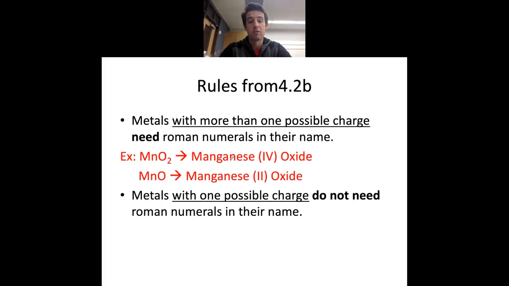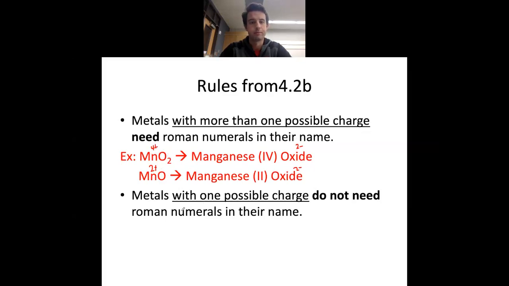Here are examples of manganese(IV) oxide versus manganese(II) oxide. In both these cases, different formulas, and those different formulas exist because they have different Roman numerals here, which means manganese in this top case has a charge of 4 plus, and in this bottom instance, it has a charge of 2 plus. So that's why we have two oxygens here. Oxygen in both these cases has a negative 2 charge. So that's why we have 1 and 1 here, so they cancel out, versus 1 and 2 here, because